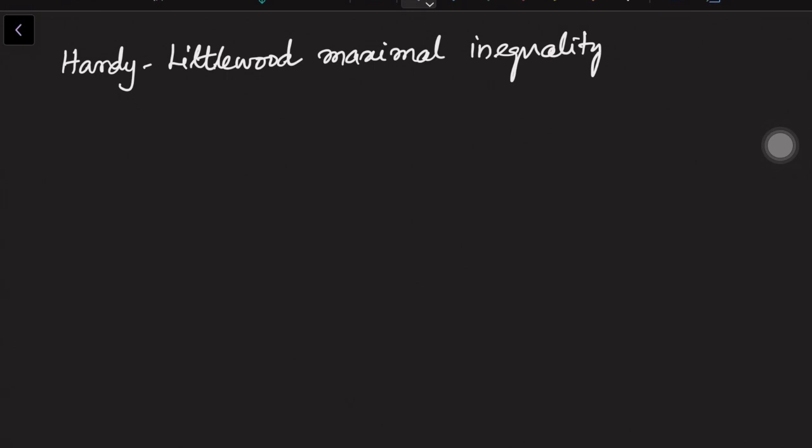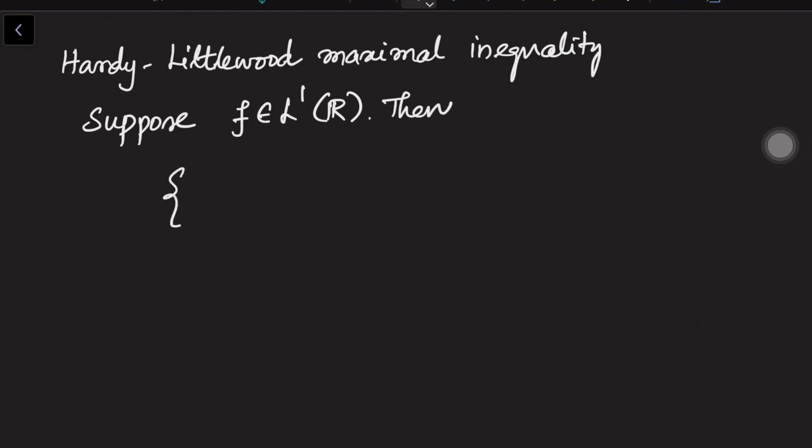Suppose f belongs to L1 of R, then the set of all b belonging to R such that f star of b is strictly bigger than c